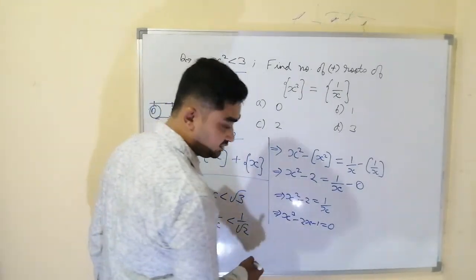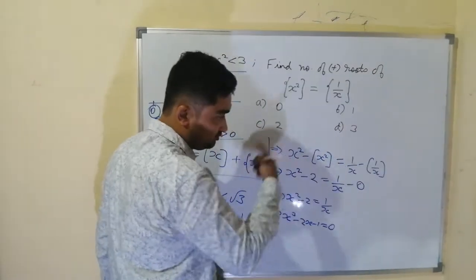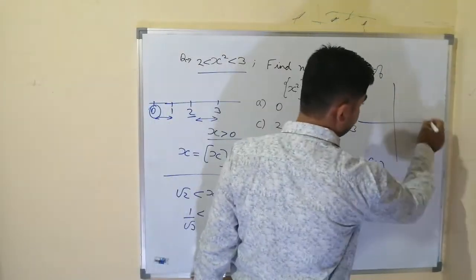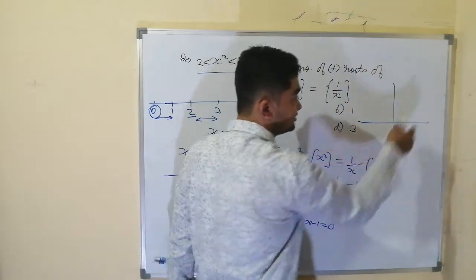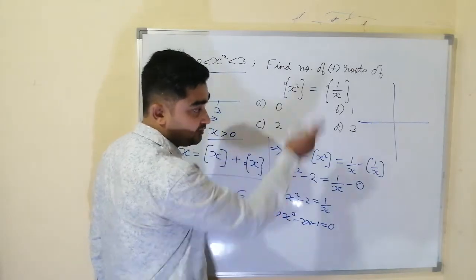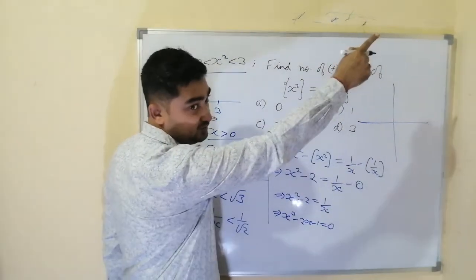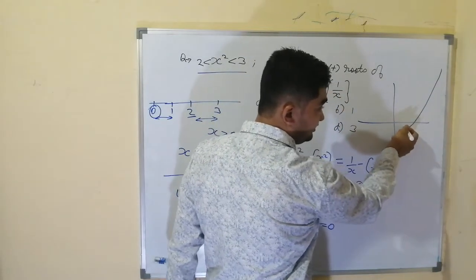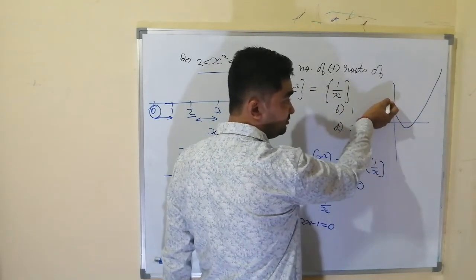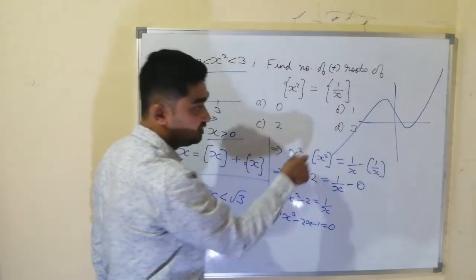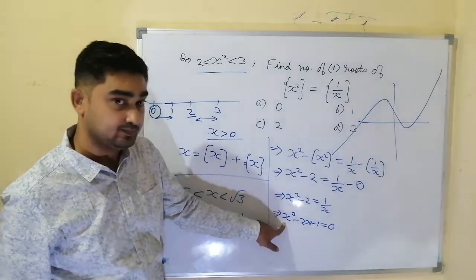Now it is a cubic equation. We know what is the type of graph of a cubic equation. It is something like this. It will have two turning points. Since the coefficient of x cube is positive, when x is infinity, this graph will touch infinity. Y will be infinity. It will come down somewhere. It will take first turn. When x is minus infinity, again it will go to minus infinity.